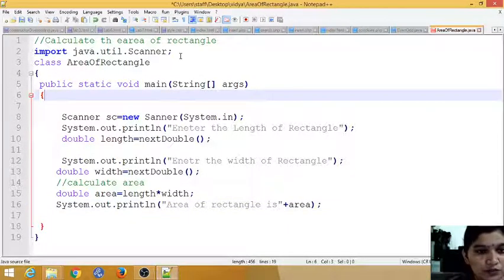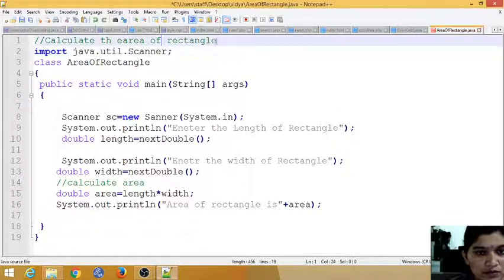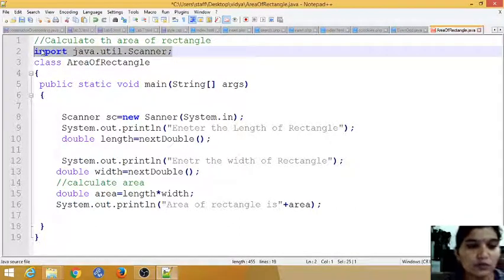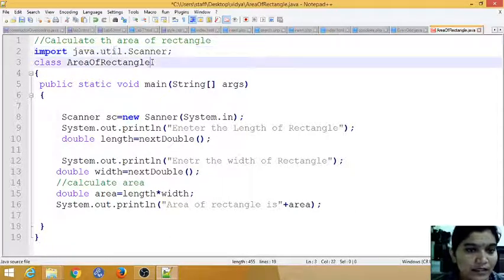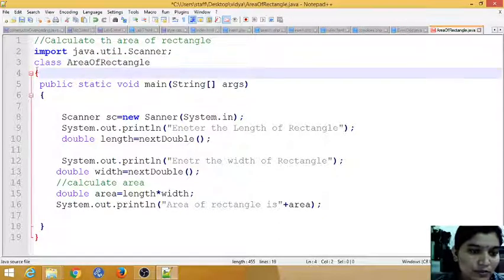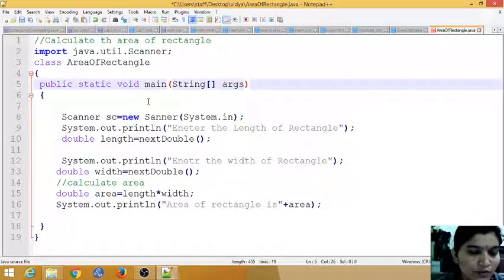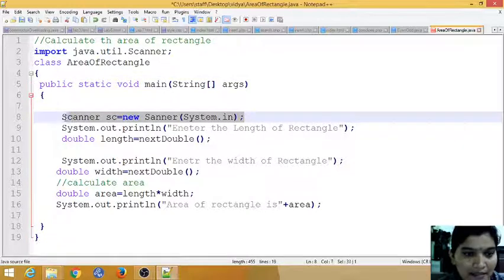So first, the input of Scanner. What is the use of this statement? This is for user reference, about what type of program you have written. The second one is for getting the input from a user, so I'm importing the Scanner class from the util package. Next I need to create a class. This is the body of your class, and you have a main method. Every Java program starts its execution from the main method, so for that you declare the main method. It handles an array of type String. Next I've created an object of my Scanner class.